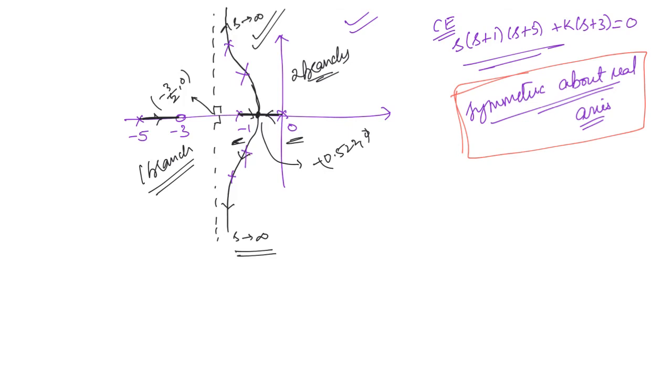Now these are the construction steps for a simple root locus. We also have more complex root loci which involve the angle of departure and arrival at a pole or zero, and we also have the intersection with the j omega axis. So we will discuss that in the next video.